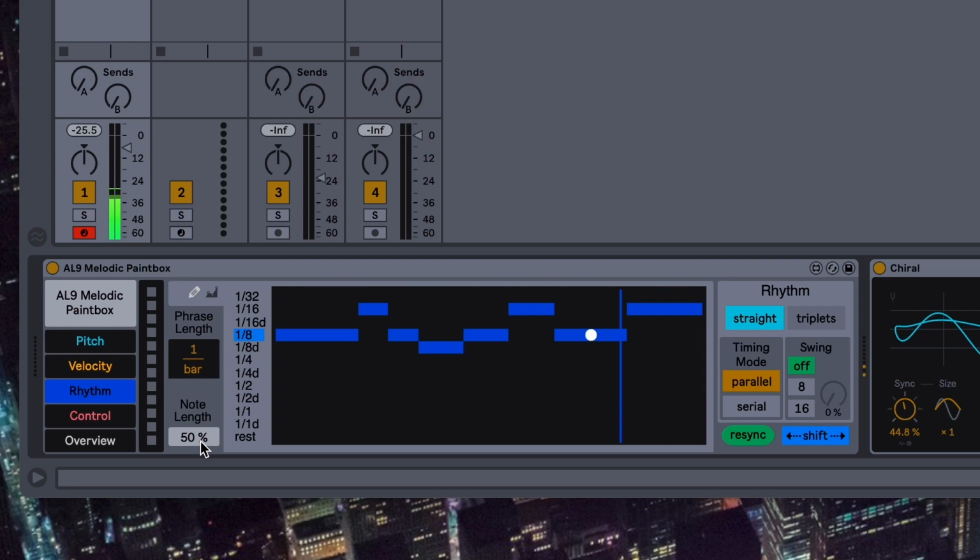Down here we have the note length. It sets the note length. For instance, if it's playing an 1/8 note, at 50% the length of the note is going to be a 1/16 note. That can go up to 100 for kind of a legato effect. It can go higher if you want overlapping, or down lower. At 0%,